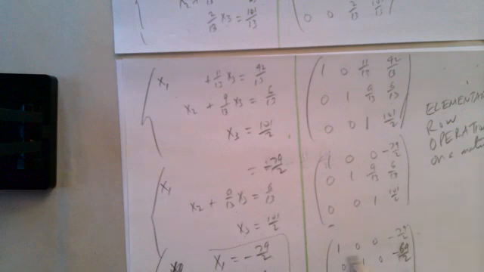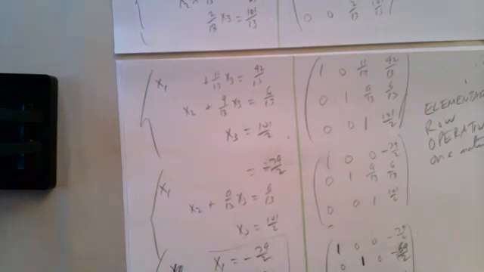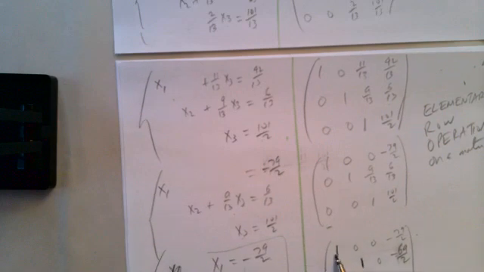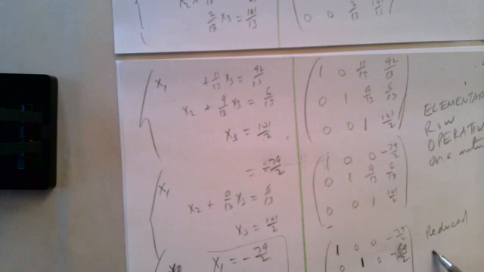First of all, in each row, the first non-zero number is a 1. Second, as you go from one row to the next, the ones are moving to the right. First column, second column, third column. Finally, in every row where there's a leading 1, in that column, everything else is 0. 0, 0, 0, 0. And a matrix in this form is said to be in reduced